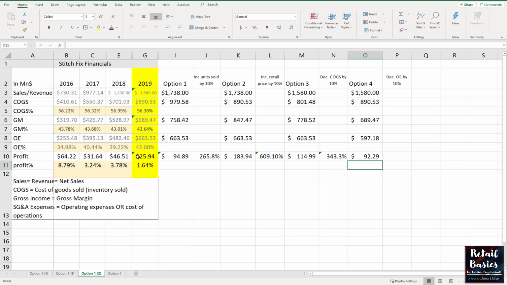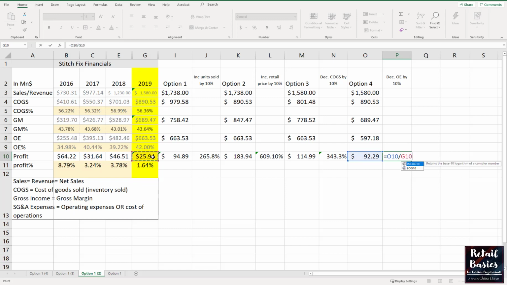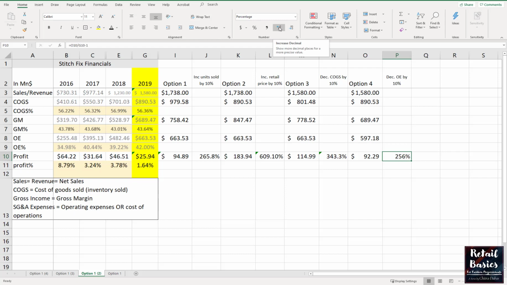profits that are still significantly higher than 2019. Let's see how much higher. That would be a 256% increase in profits over 2019. So all of these scenarios will lead to a substantial increase in profit. Now, a company like StitchFix or any fashion business, they would use a combination of multiple options